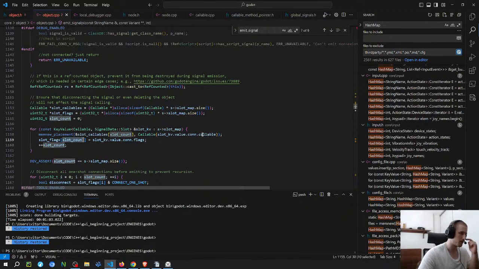So they are basically accessing the callable from that and creating another one, allocating to this based on the size. So in my case it would be creating from the list here.